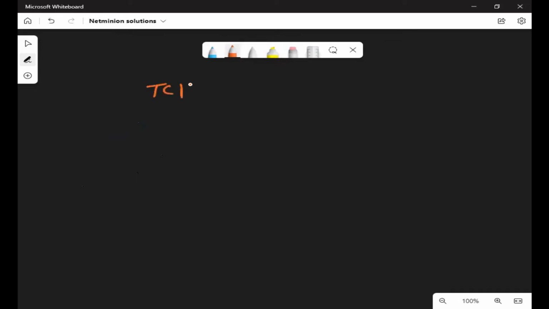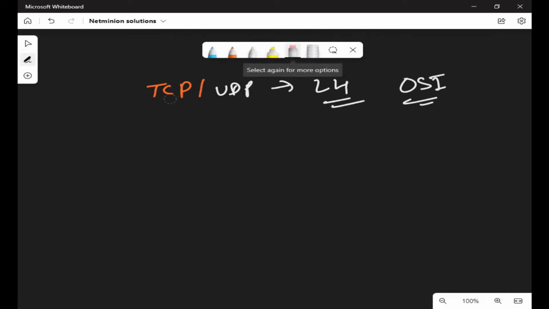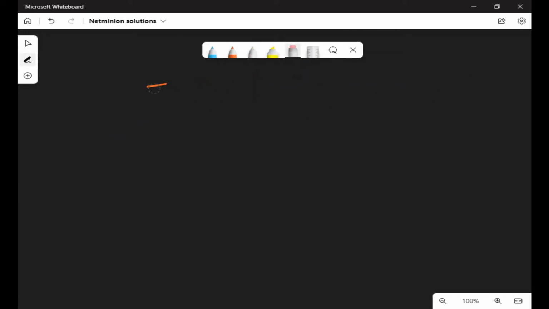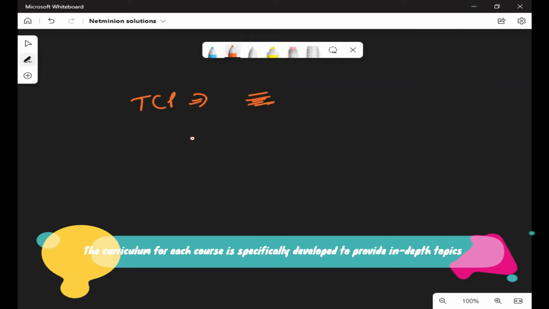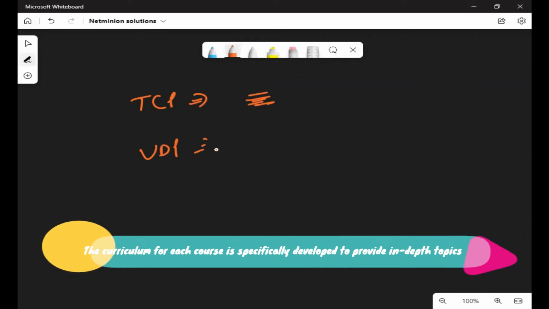So what is TCP/IP? It is a protocol suite. TCP and UDP are two protocols. Everybody is aware of layer 4 in the OSI model. There is TCP, UDP, these kinds of protocols. Out of TCP and UDP, everybody is aware TCP is connection oriented, UDP is not connection oriented, it is connectionless.